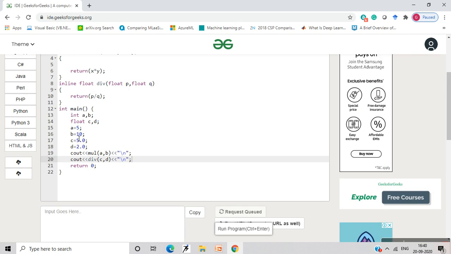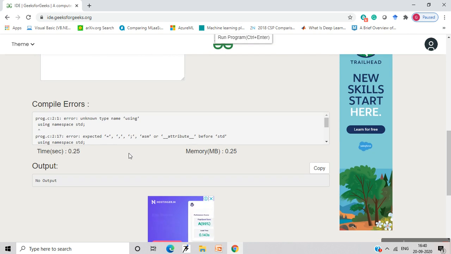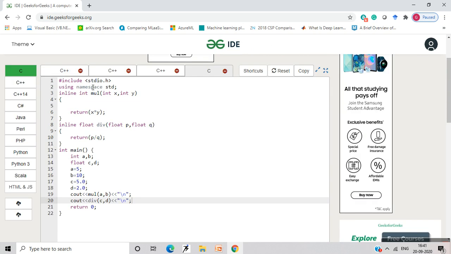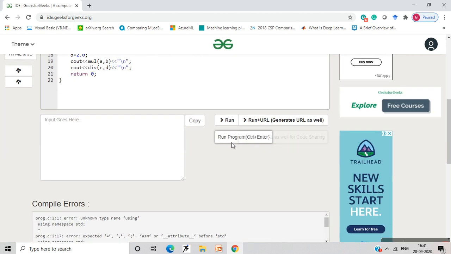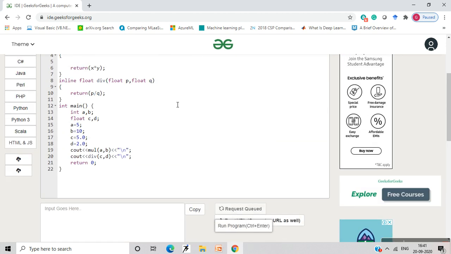A is 5, B is 10, and because this is a multiplication, oh, there's some error. Expected is equal to using namespace. Okay, sorry. I'm so sorry. Instead of iostream, I wrote stdio.h, which was a very big mistake.